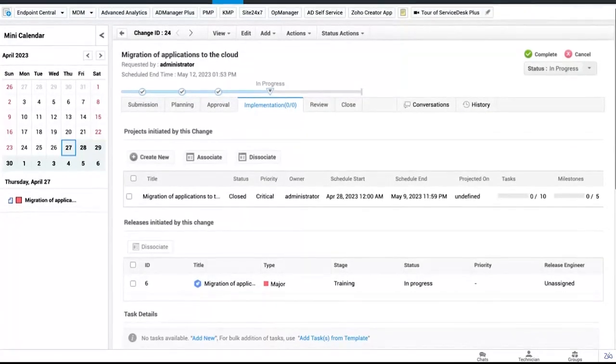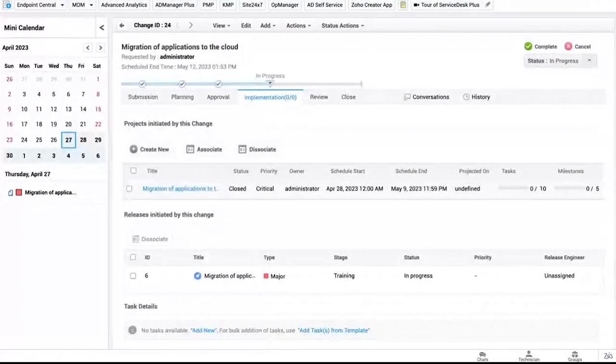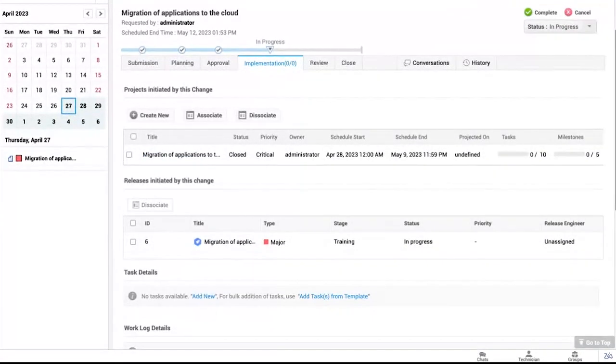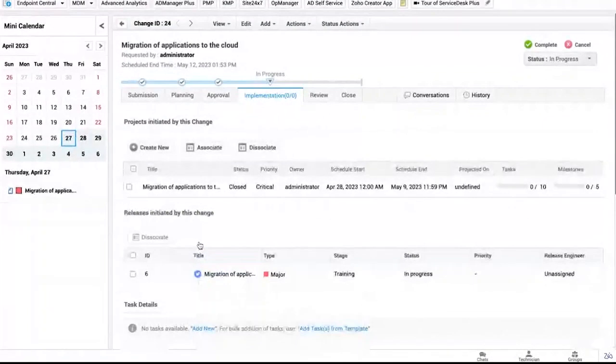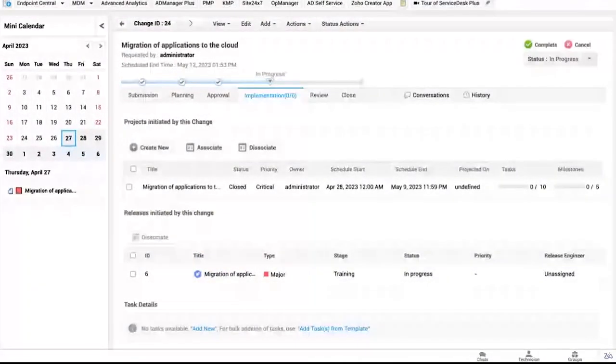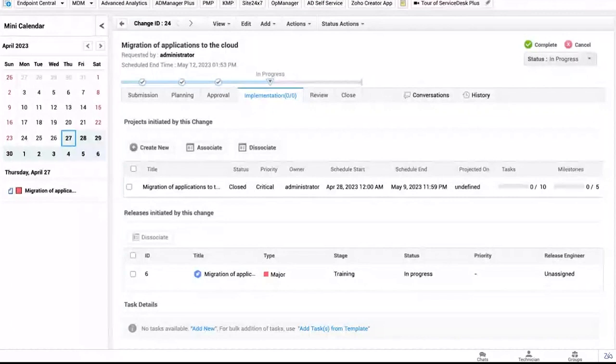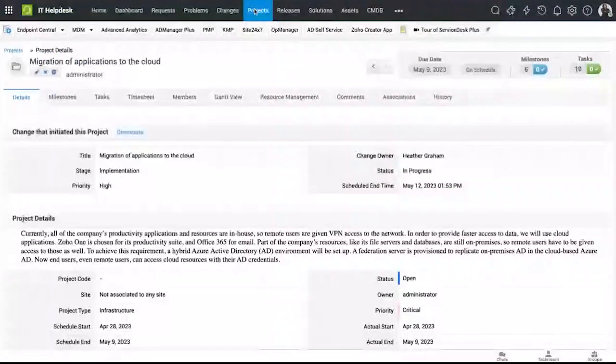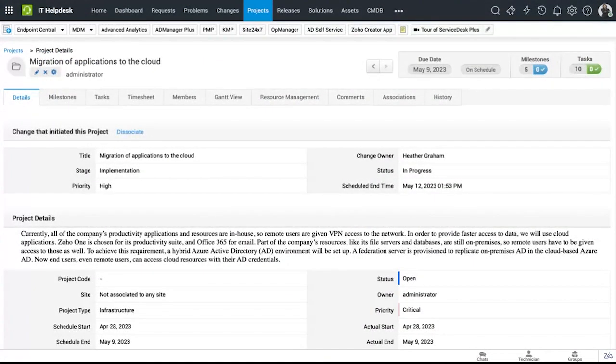the implementation stage. So over here, we can notice two different things, right? One, we have associated a project, and we have also associated a release right over here. So you can go and create a project right from within the change, or you can associate an existing project. So let me go ahead and open this project and show you guys how Zilker is going to implement this